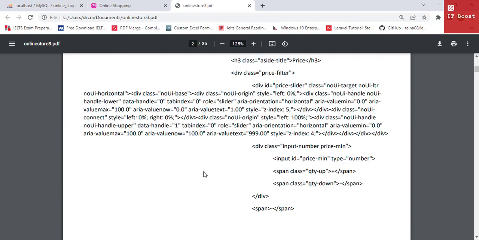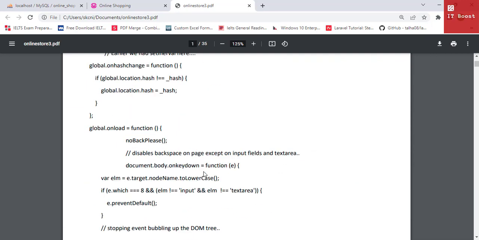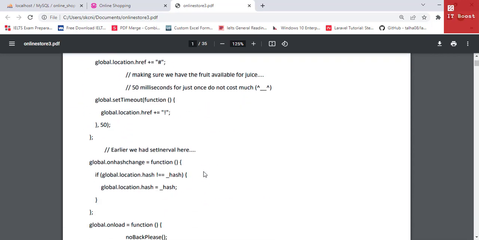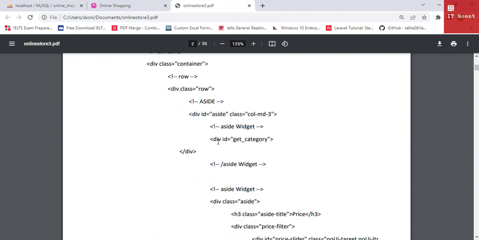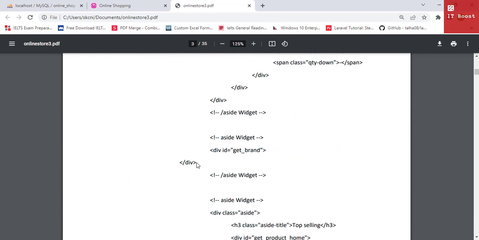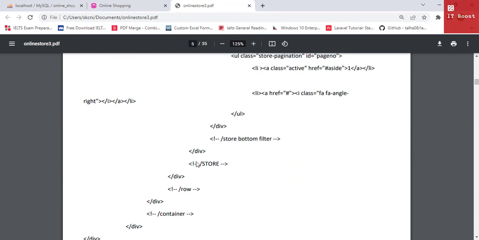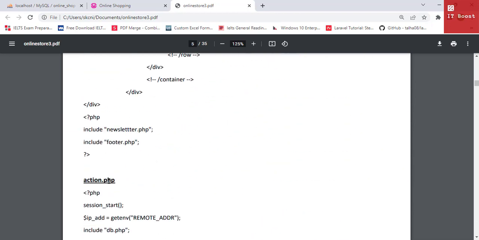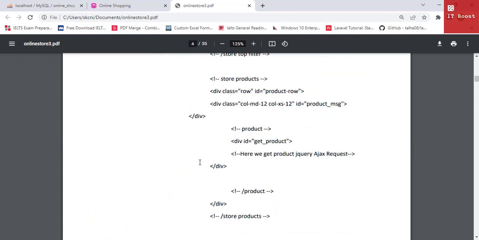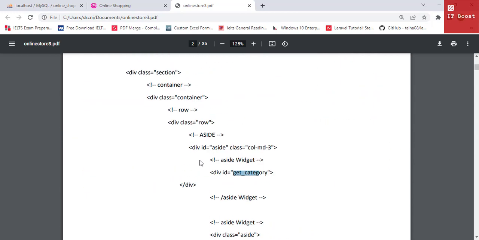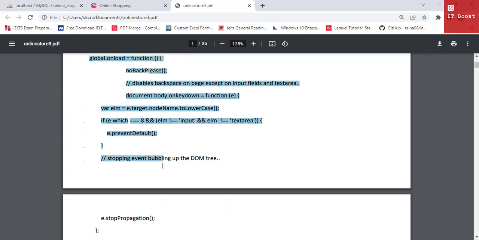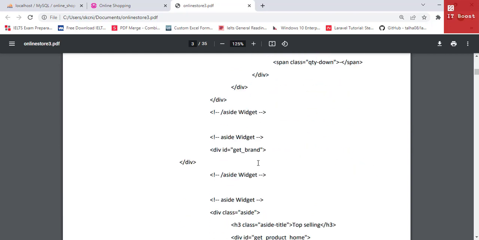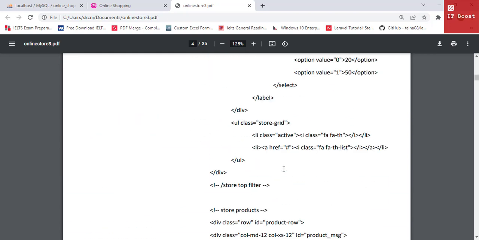Here we can see the PHP fetching the details. Actually it's in the action PHP. Here div ID get category, so for get category we have to write another file called action.php, which is a different file. So what we do here, I will copy this code. It is better for you to self-study all these codes. I can give an overall idea,